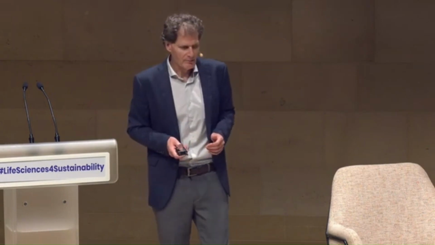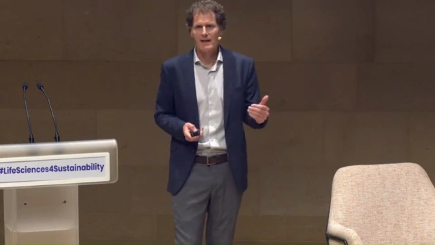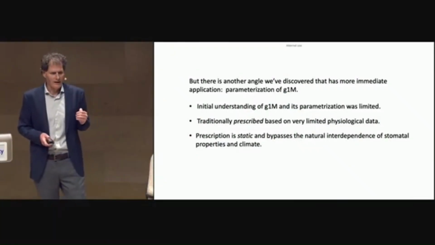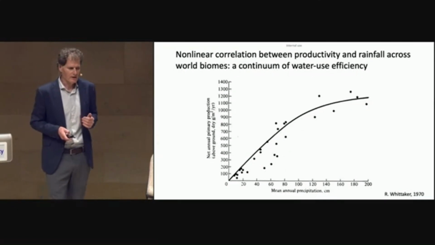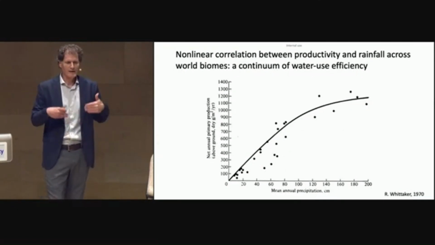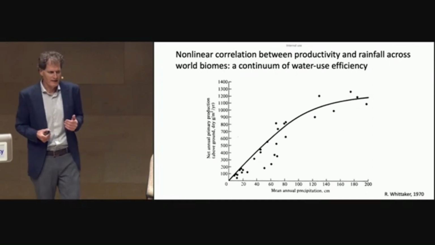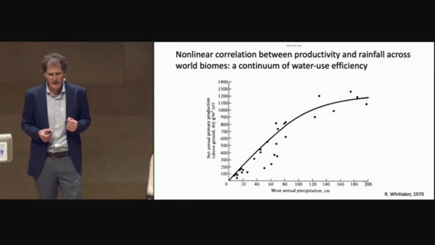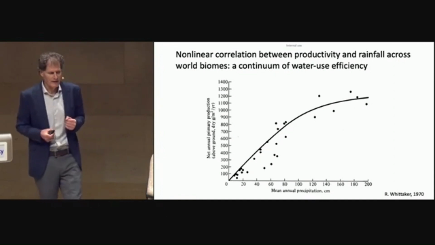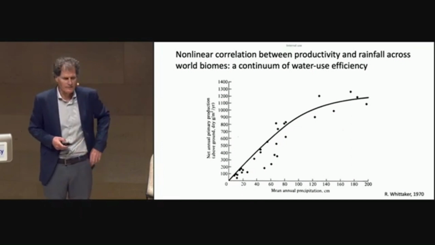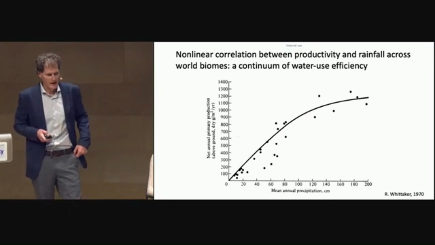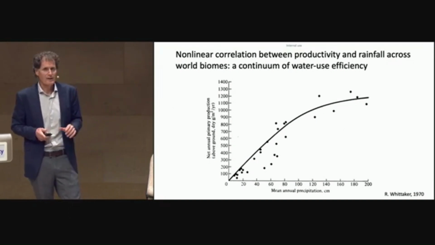But the problem with that prescription approach is that it's very static. When you've got a changing climate and a changing vegetation, with a static parameterization, how is that going to cope with simulating a changing climate? That's the other idea I wanted to introduce here: the models need to be realistic representations of a system. It's not enough for them just to work and give the answer that you want. Now, back to that parameterization feature of that model.